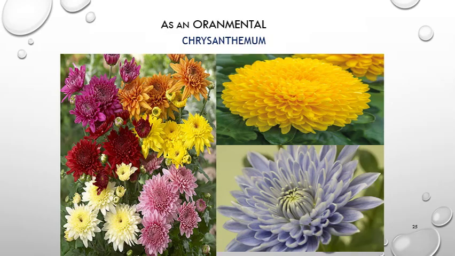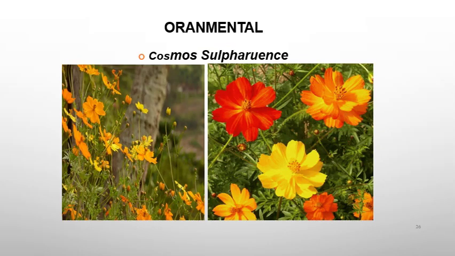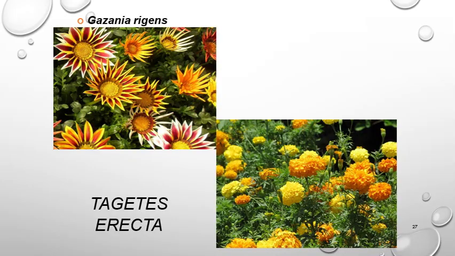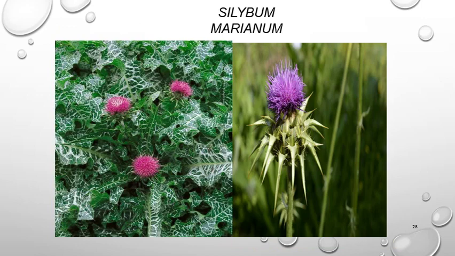So here we have some of the ornamental plants and their pictorial view. The first one is chrysanthemum, then we have a cosmos, here we have Tagetes, Gazania, then we have Silybum marianum,